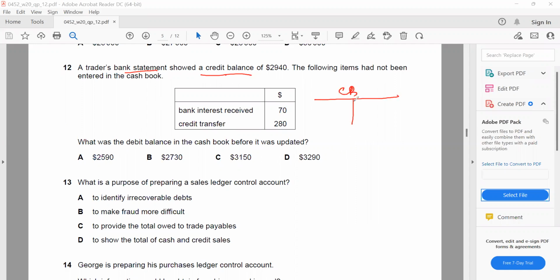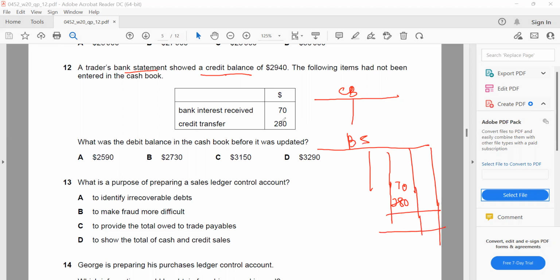So cash book, and then this is a bank statement. Bank statement. Bank interest received is in the credit side. Credit transfer is also in the credit side. And they added here, they got